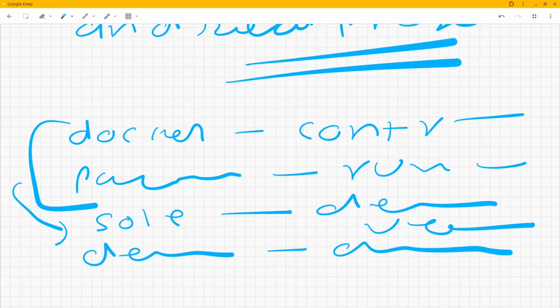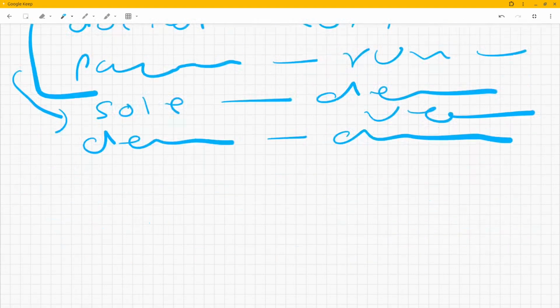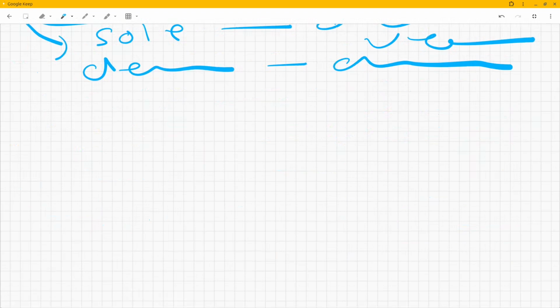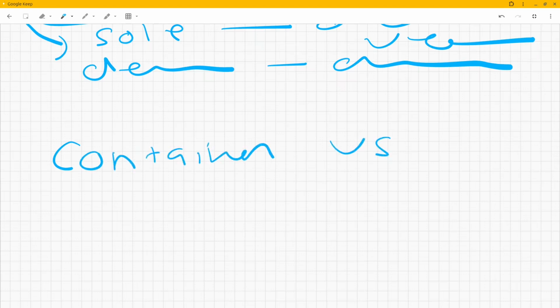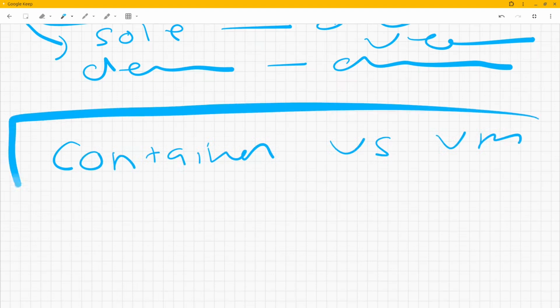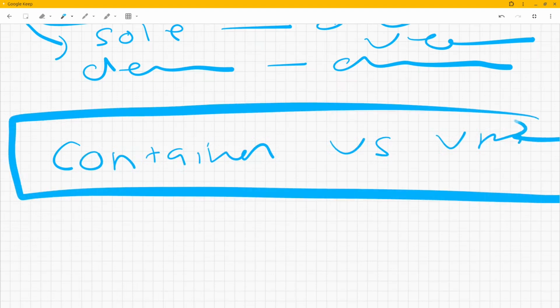I'll explain why we started using Docker, why we are not just using VMs, which are always used, and why we need this technology. And we'll also see how Docker works internally. So this is what we are going to see in the next session.